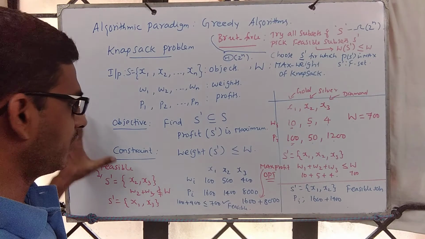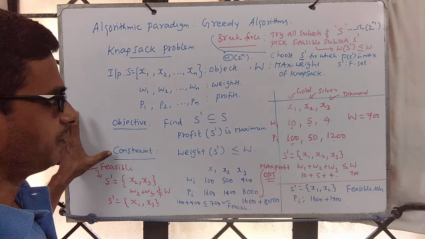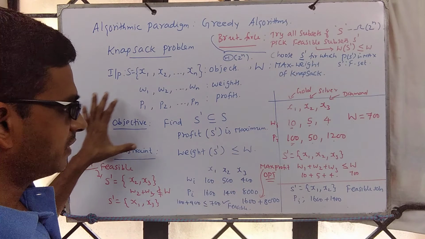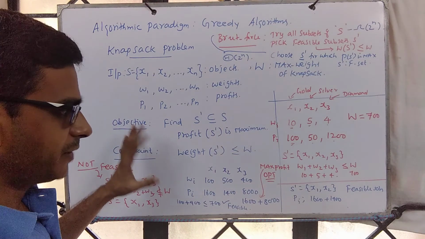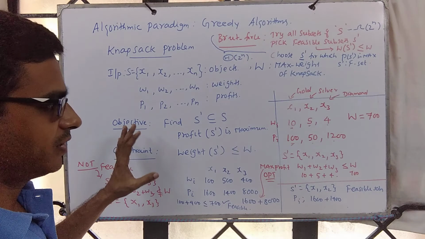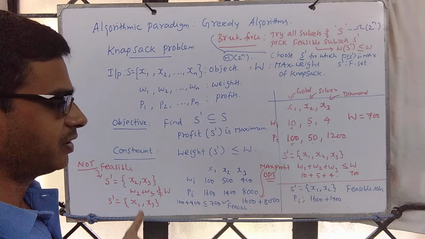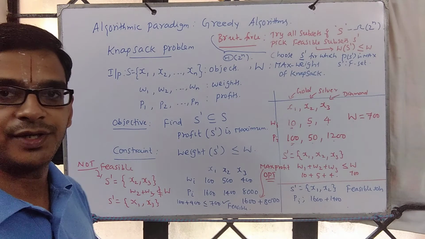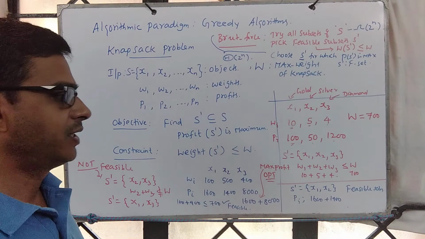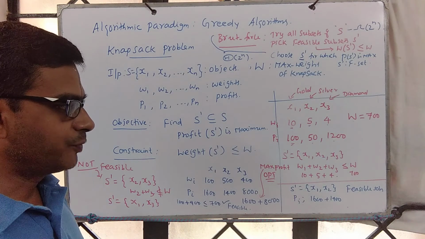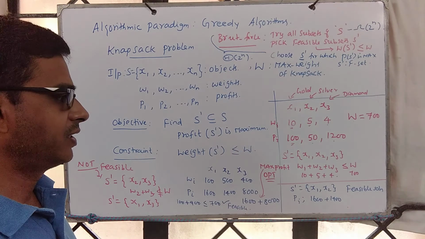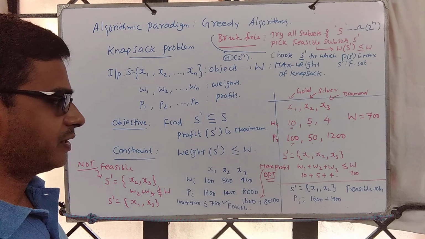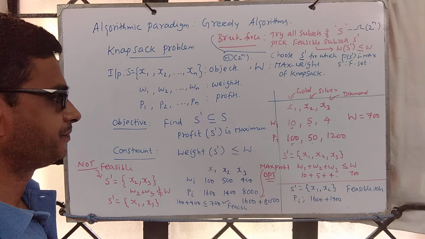So this is the overall picture as far as the problem is concerned. Now we shall look at a greedy strategy, and we will look at multiple greedy strategies. For some it will work, for some it will not, and wherever it is not working, we will give a counter example. Subsequently, we will see how to fine-tune this problem, meaning we will bring out variants, and through that we will explore some more greedy strategies.